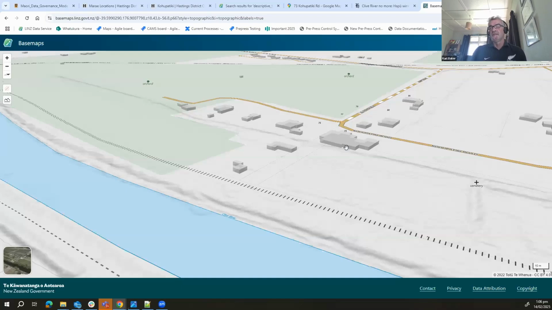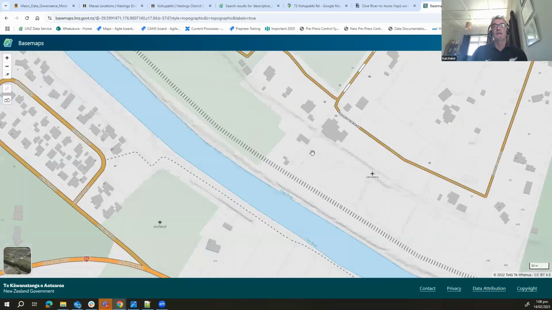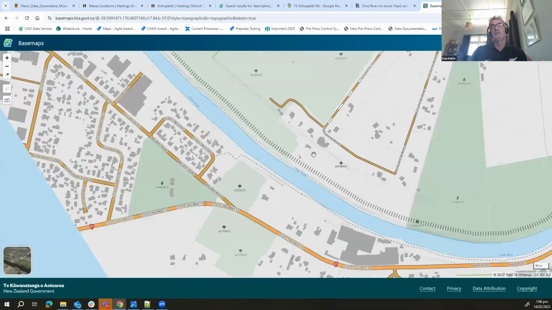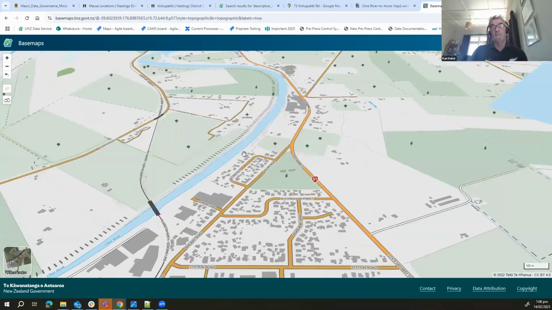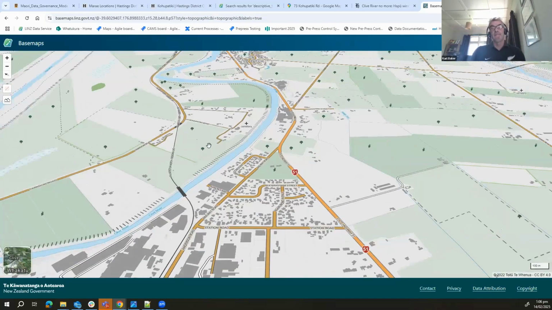So I talked about Topo 50 maps and base maps, went quite deep, but it's around how much more information we can show now, how quickly we can deliver it, how quickly we can change it, and making sure that we're showing important features on our map for what our people want to do today. And that's me. Kia ora, Carl.